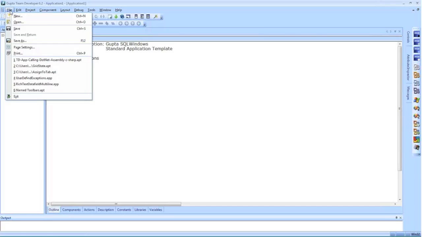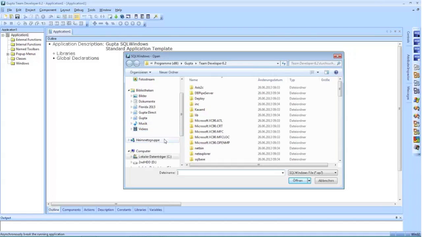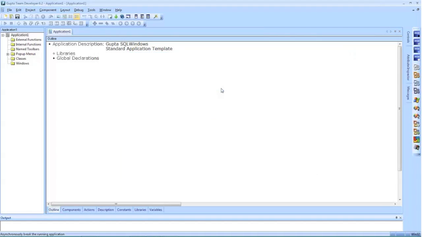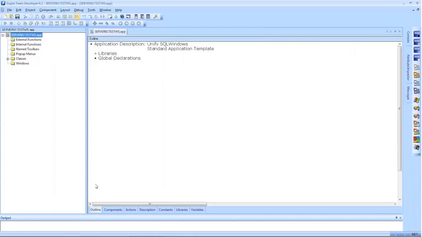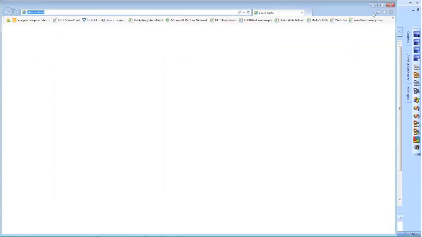I need to open the web service provider, and my web service provider is in C, inetpub, wwwroot, web services, data types, and this one is my web service provider code here. So it should open that one. Now it's open. Now I will launch my testing environment from Internet Explorer,